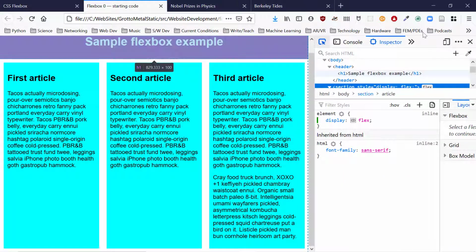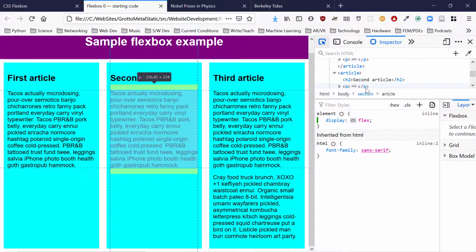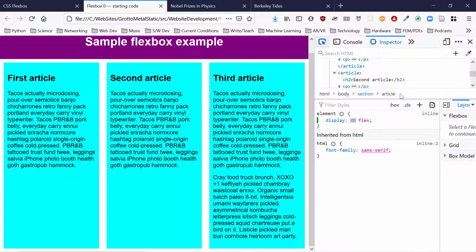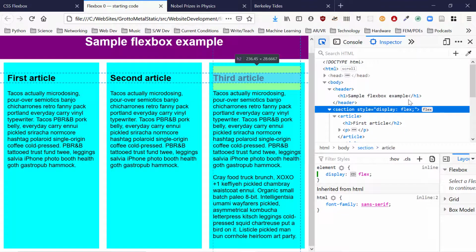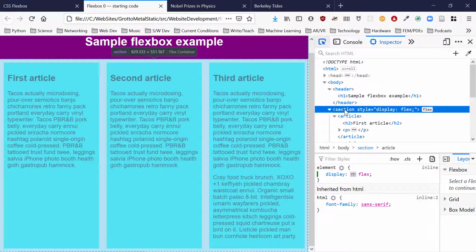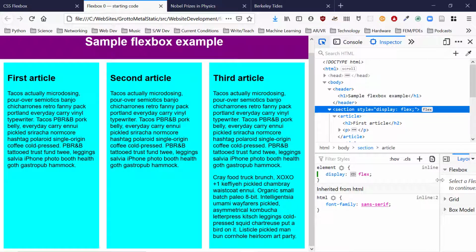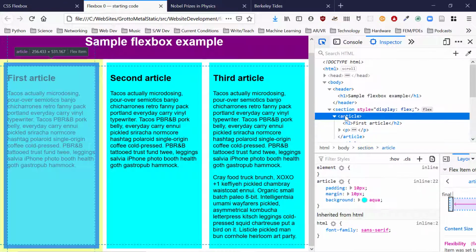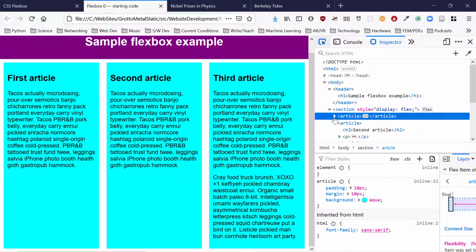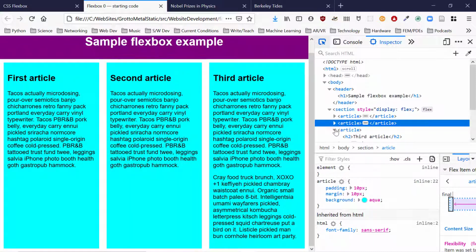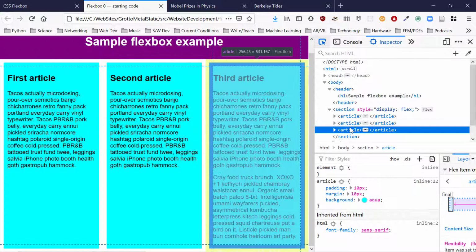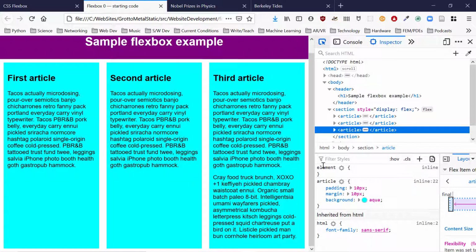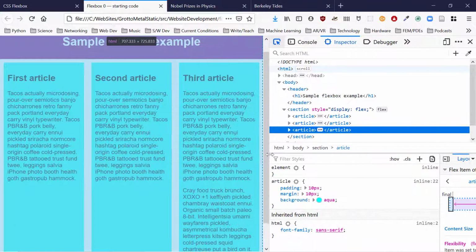Okay, so let's go back to this example. Section. It's down just a little bit. We're putting the flex on the section. So that's the flex container. Each article, all the children, direct descendants, not what's within them, each of these articles is a flex item. Now, if I was going to be bad and cheat, I would come over here,